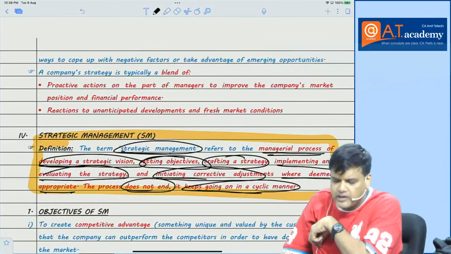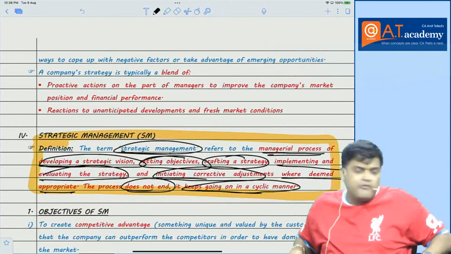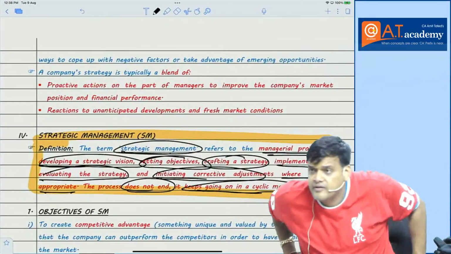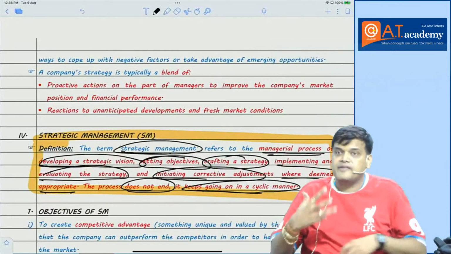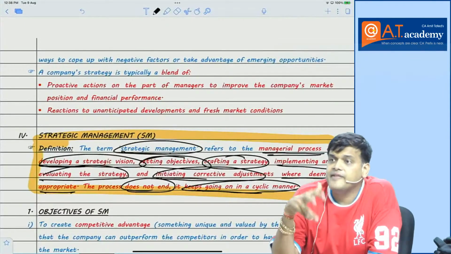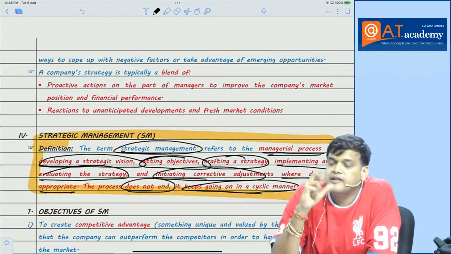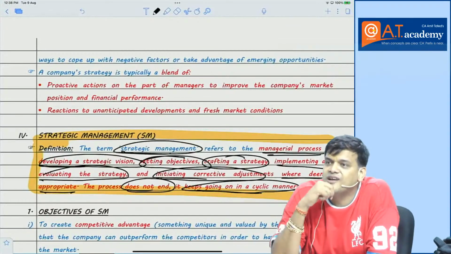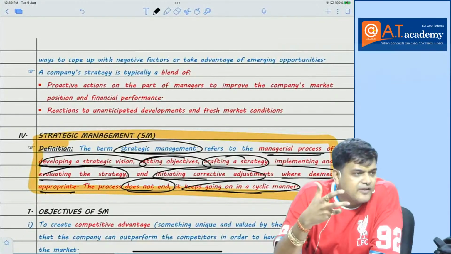And I already made you clear, okay, when you are focusing on competitive advantage, how do you get competitive advantage? Core competency. And core competency, मतलब क्या है? What is the meaning of core competency? Having something which is unique. But this unique should give value to you also, na? If this unique is not giving value,